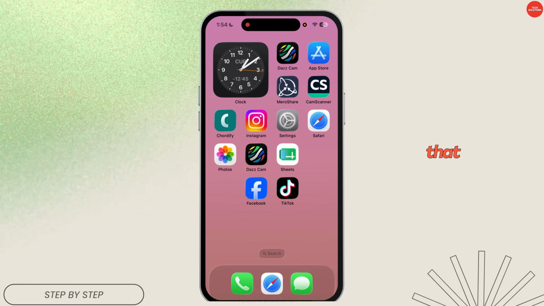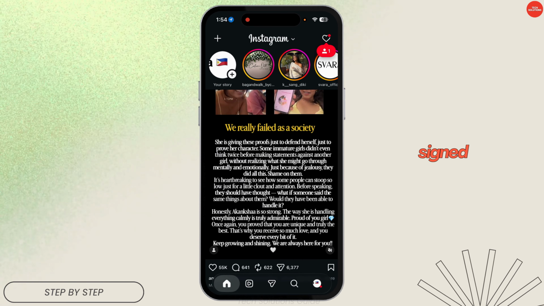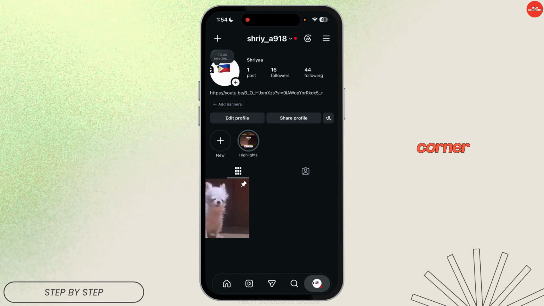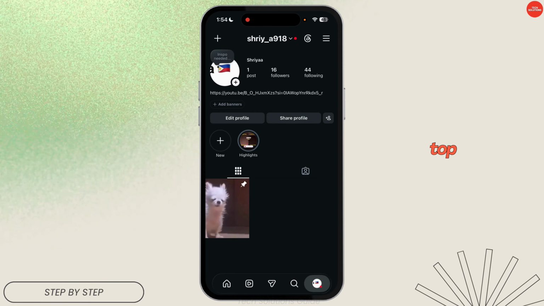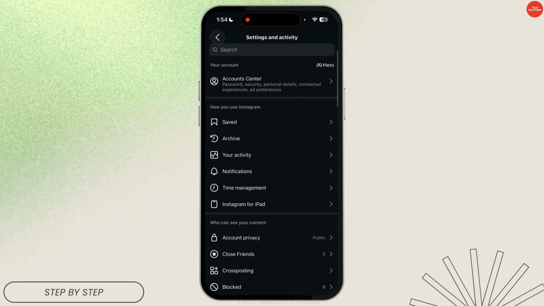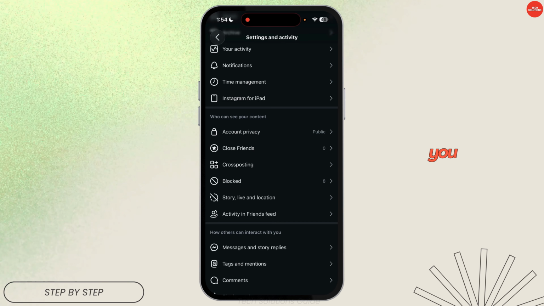So in order to do that, firstly open the Instagram app on your device and make sure you are signed into your account. And next, you need to tap your profile icon in the bottom right corner, and from here you need to select this three-line menu in the top right corner again. From here you need to scroll a bit down until you find this Account Privacy. You need to select that,